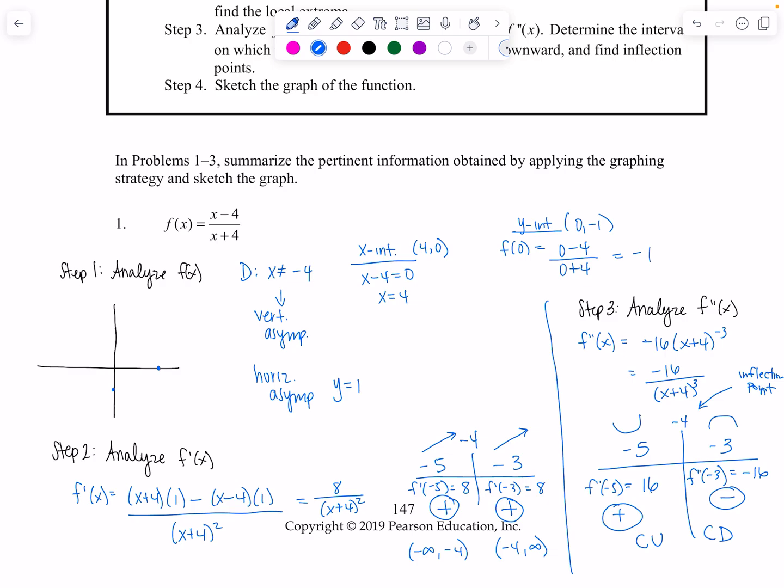We have an inflection point. It goes from concave up to concave down. So -4